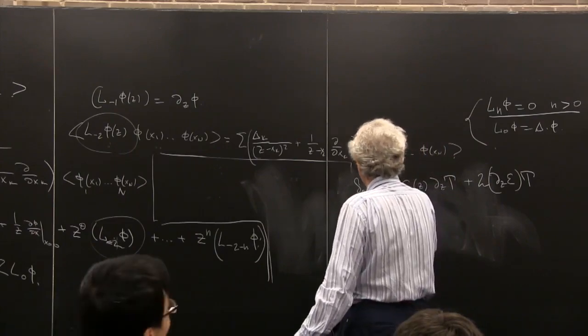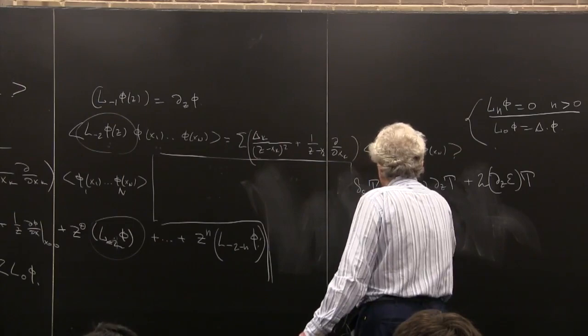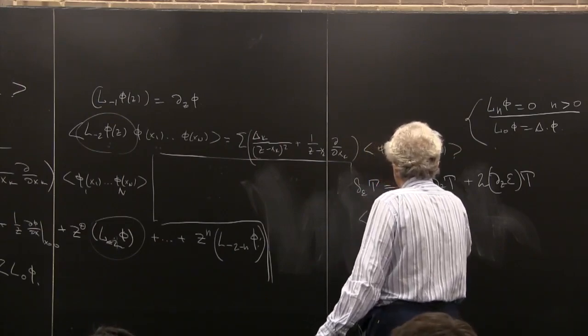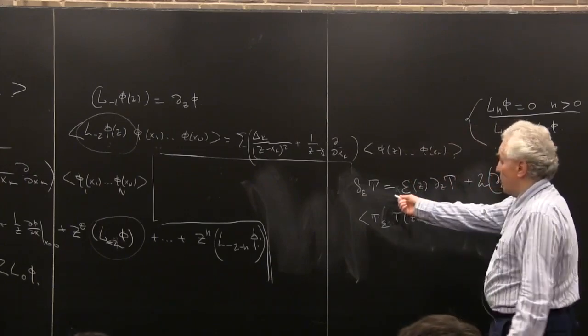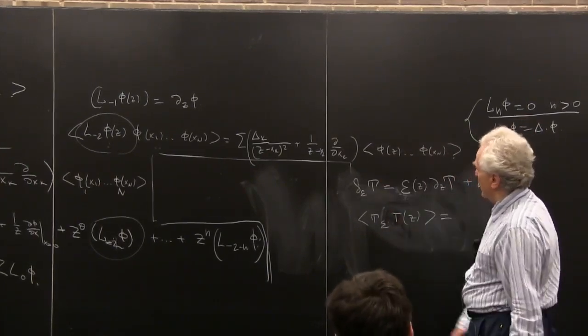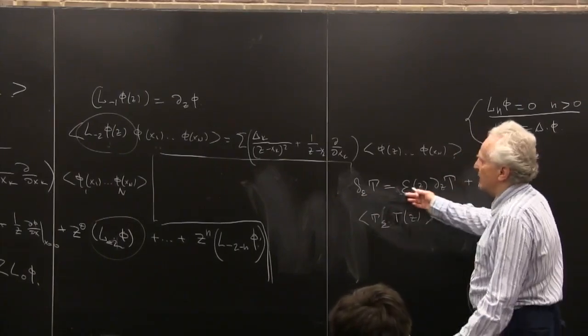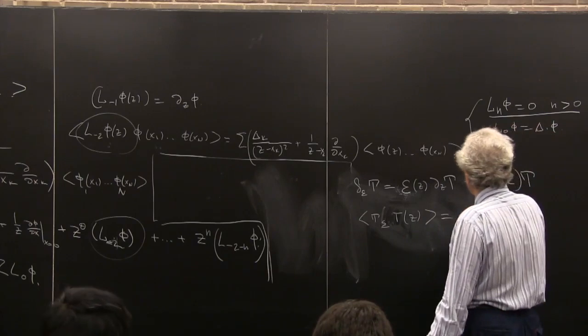And T epsilon T of z should be equal, according to this formula, according to our assumption that it is a primary, it will be epsilon